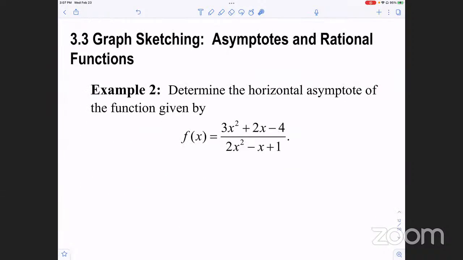Right? So determine the horizontal asymptote of this function given by this. Notice that the degree of the numerator is equal to the degree of the denominator. So this horizontal asymptote here is really just the ratio of the leading coefficients. So this horizontal asymptote would be y equals 3/2. So then for some context, what we can do